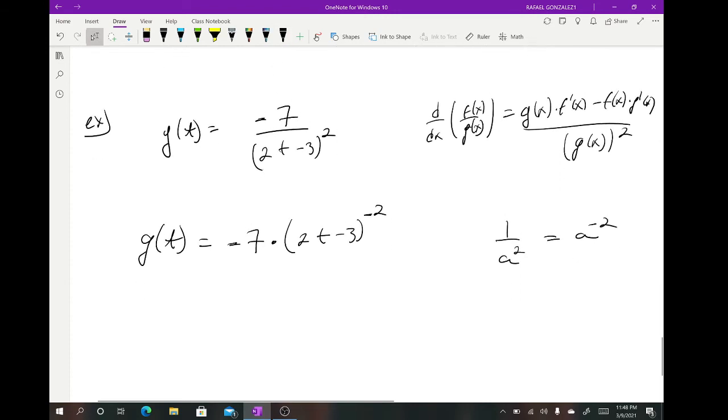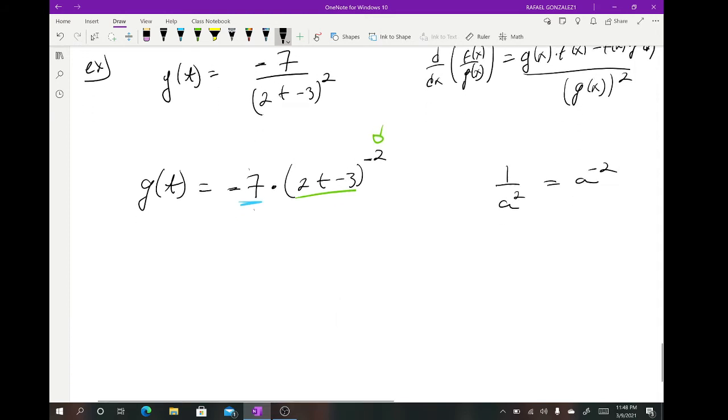And now we clearly have a case where we could use the general power rule, because we have a u of t, in this case on the inside, raised to some exponent. And because we know that the constant multiple rule applies, this 7 is really meaningless, meaning we just multiply whatever we get with the derivative times this minus 7, and we'll be golden. So for this particular problem, u is equal to 2t minus 3,